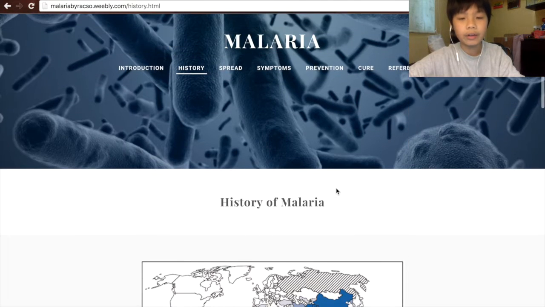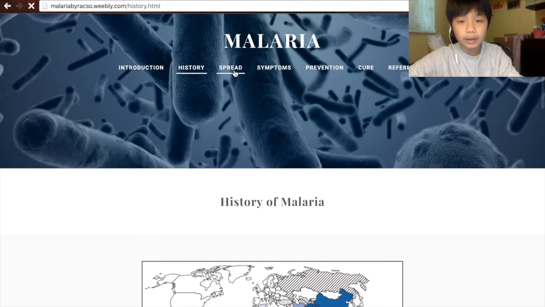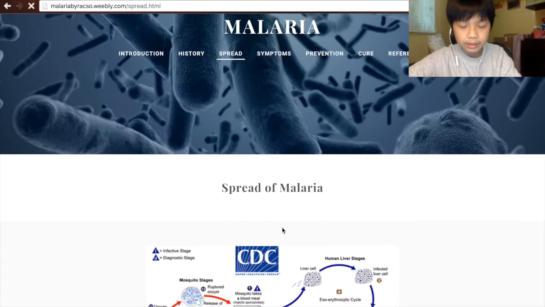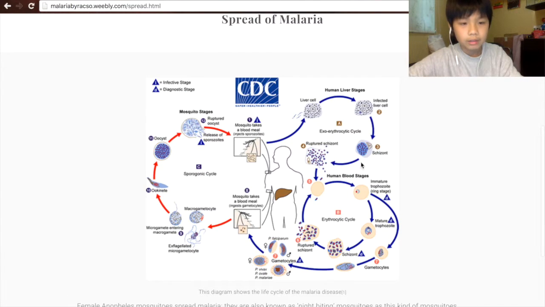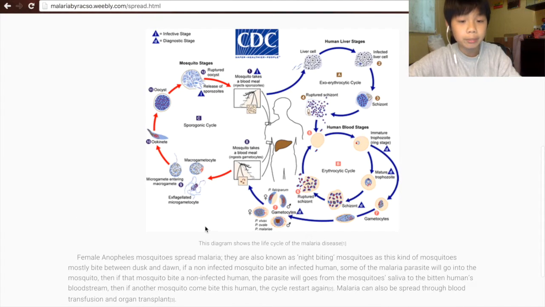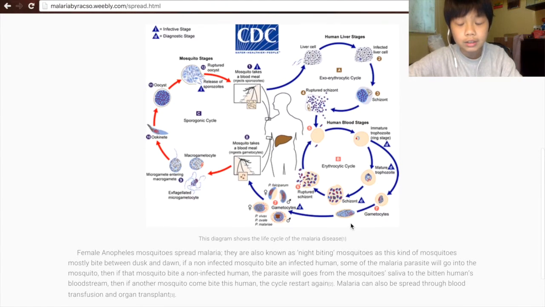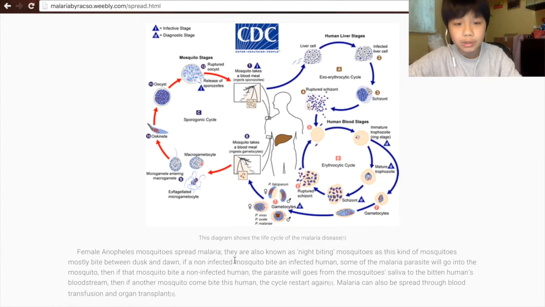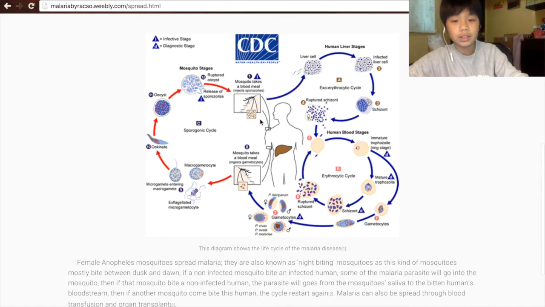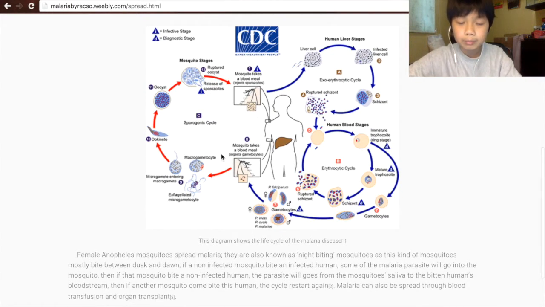The spread of malaria. This is a diagram of the spreading of malaria. It is the female mosquitoes that spread malaria. They are also known as night-biting mosquitoes, as this kind of mosquito bites between dusk and dawn. If a non-infected mosquito bites an infected human, then the malaria parasite will